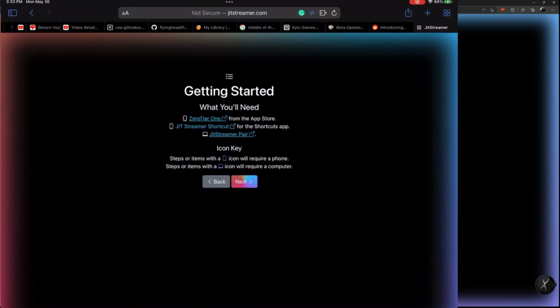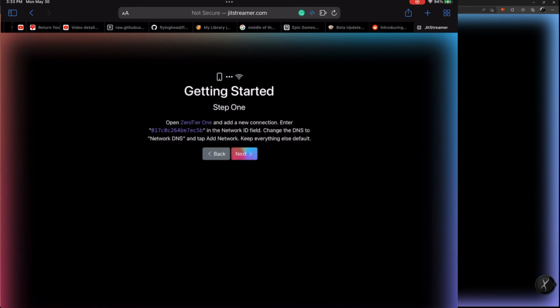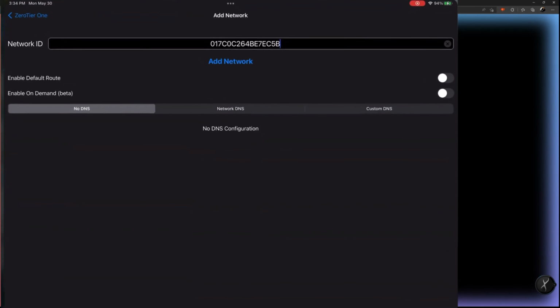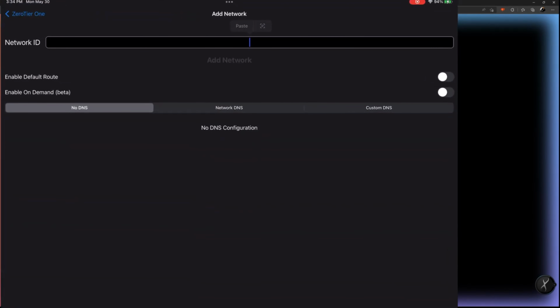Just in case, to prevent having any mistakes, you could do this as well. Just go in here and copy this. It will be the same thing. Go back to your ZeroTier and you could actually paste it in here too. Boom. So we have it here, and we're gonna click on